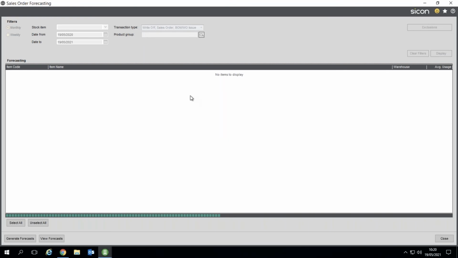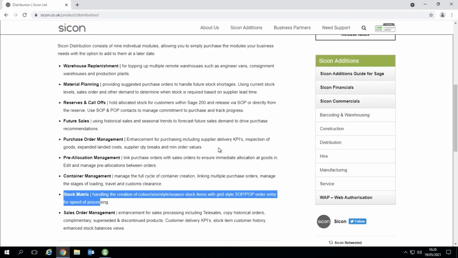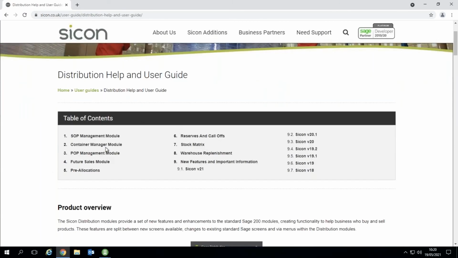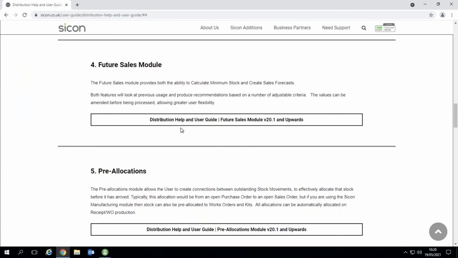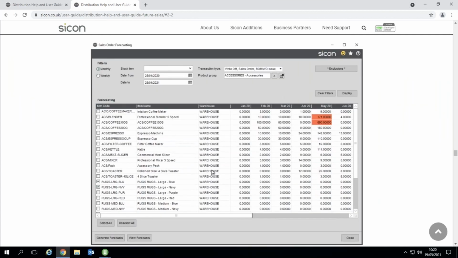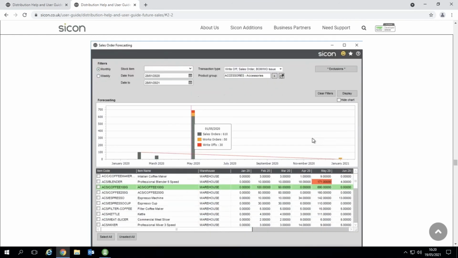You will get a bit of highlighting as well. So for example, and this is where Sicon help and user guides are fantastic. If you come into the Sicon website, into distribution, you go into the help and user guide, and if I go into future sales, all of the bits that I'm talking about are within here. So if I go into the sales order forecast, there are screenshots and descriptions, but what you may get are somewhere they're highlighted in red. Now you do need a minimum of 10 transactions within that month for it to do this analysis. But what it can bring back is